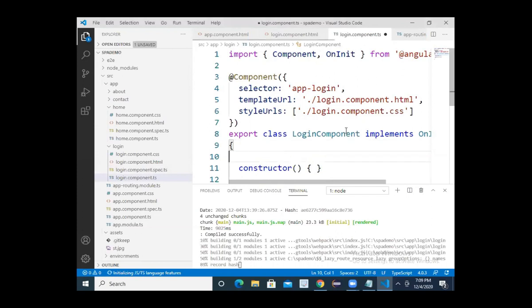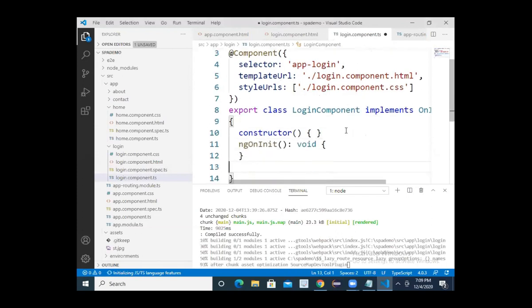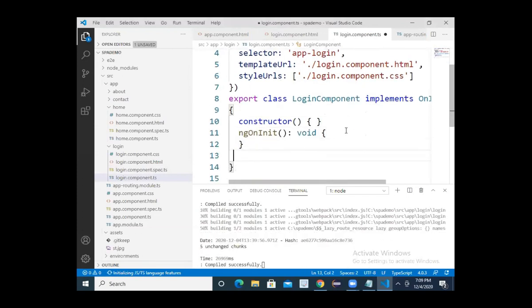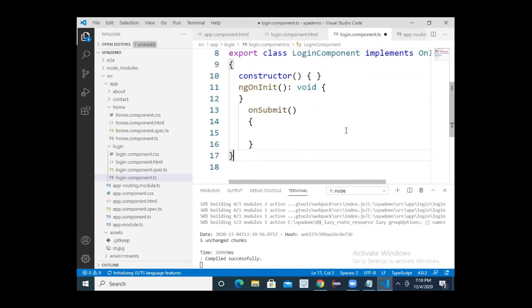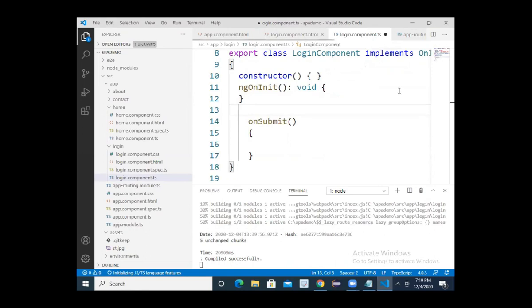Here you can declare one method, onSubmit. Whenever the user clicks, I will declare some variables. The same variables I declared in the data binding.